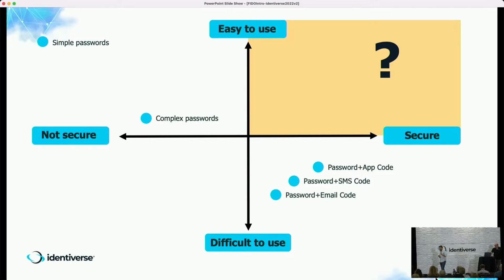There are two other things that need to be true if we're going to replace the password. The first is interoperability. It's got to work everywhere. If I can sign in on my microwave, or I can sign in on a printer, I've got to be able to sign in anywhere. So we've got to replace the password with something that works on different services, different operating systems, different platforms. The next is trustworthiness.